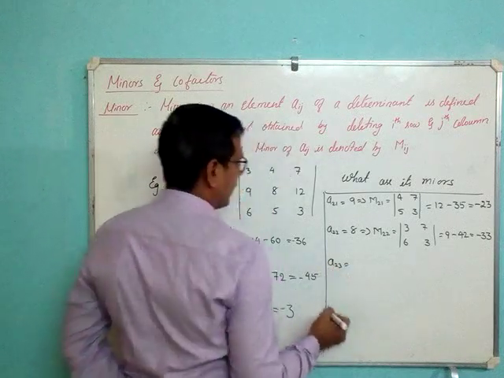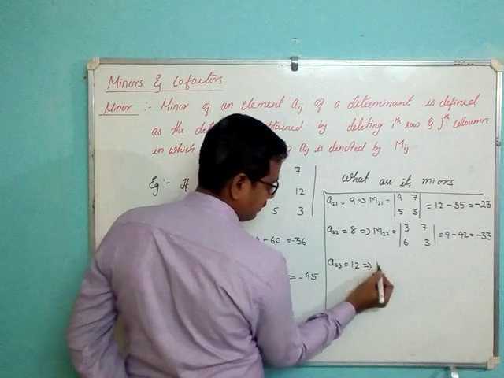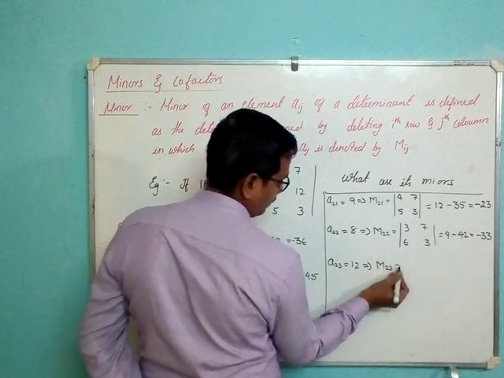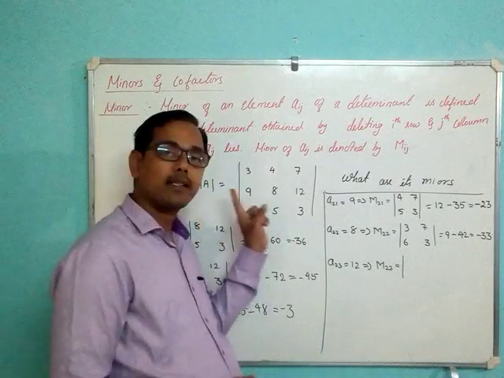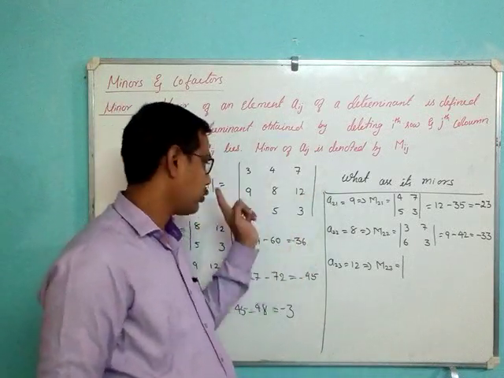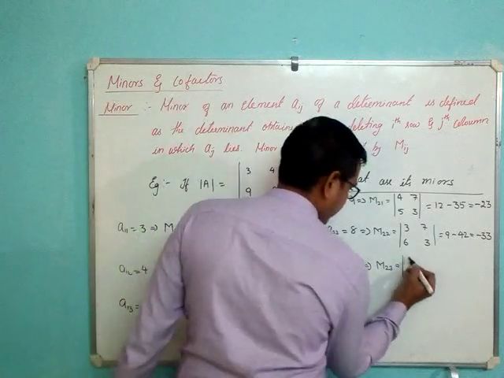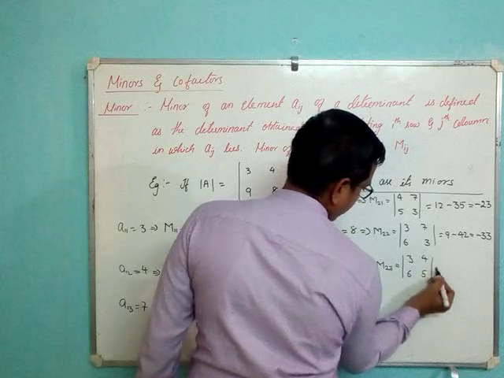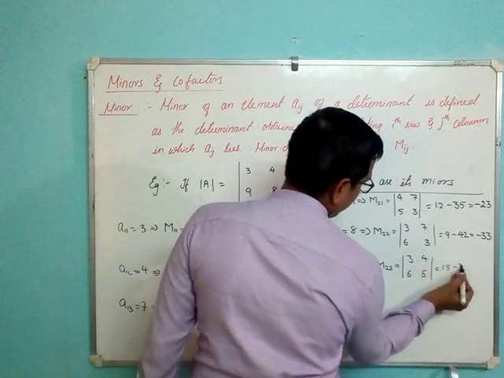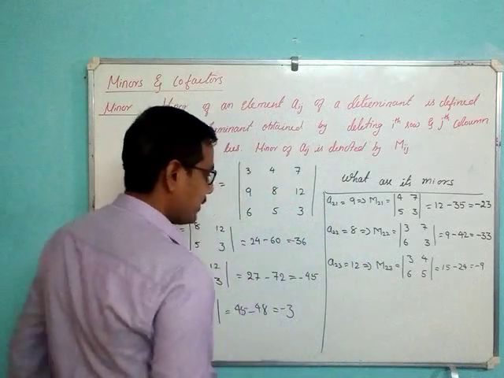A23. A23 is what? 12. M23: 12 is there in second row and third column. So leave second row and third column. What is that? 3, 4, 6, 5. So this is 15 minus 24, minus 9. Right? Similarly,